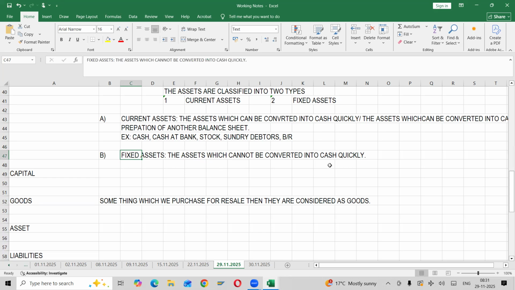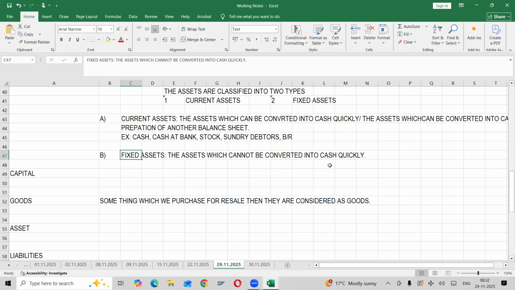So I'm a furniture dealer and I am purchasing land. At the time of purchase of land, what is my business? Furniture business. So at the time of purchase of land, what would be my intention? I will consider that I am going to use it for a longer period. Do I want to resell within a year? No, I want to keep it with me for a longer period. Same thing, I am a furniture dealer and I purchased a building. What is my intention at the time of purchase? To use for a longer period.